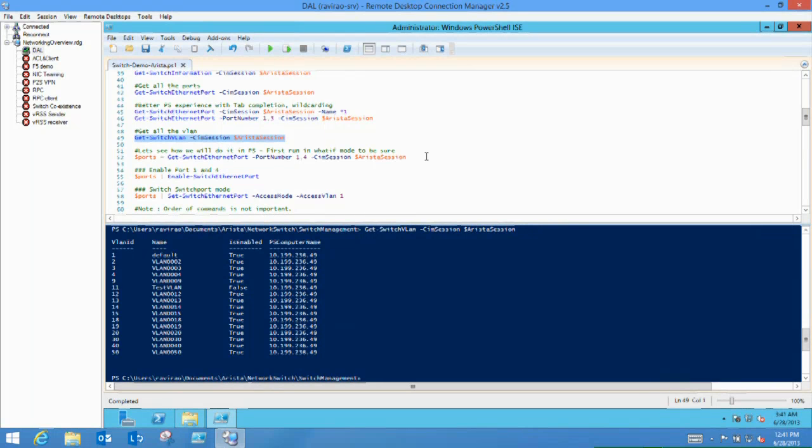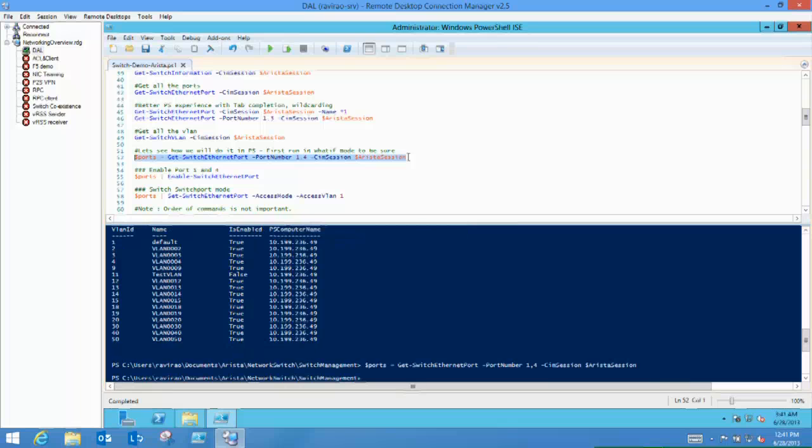And now what I want to do is set a VLAN on 2 ports. That's the demo I'm going to do. I'm going to set a VLAN on 2 ports on the switch. I'm going to show that the entities are able to communicate across them. And then I'm going to disable a port and show that I'm not able to communicate, to show that you can actually control the switch, not just get information from it. So the first thing we'll do